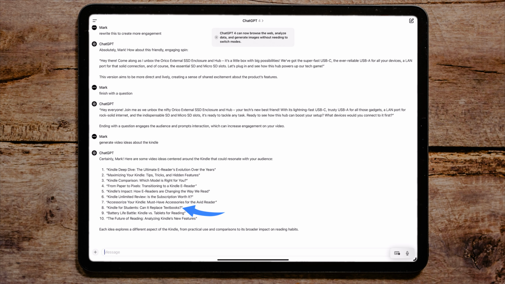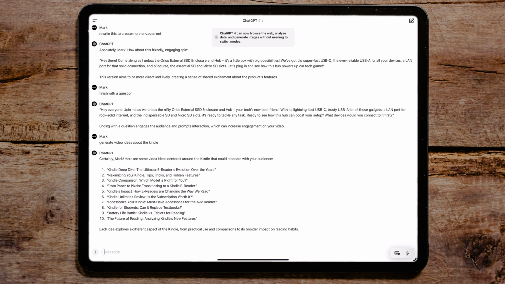Kindle for students, can it replace textbooks? Are universities and colleges and schools set up for the digital world, or are they still needing to rely on actual textbooks in your hand? So just by putting that one sentence in there, generate video ideas about the Kindle, it's given me 10 ideas for videos, of which most of those there, just on a cursory glance, are really helpful and I think are really interesting. And I think maybe you might see a few of those video ideas come to life on my channel soon. Okay, here's that bonus one where I said how I might use it to generate a framework for